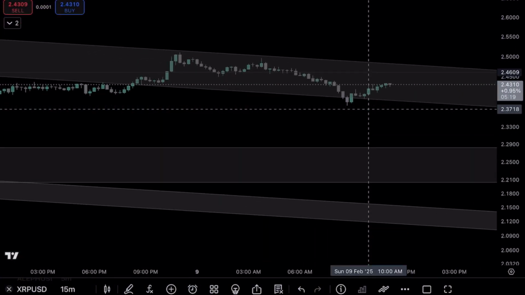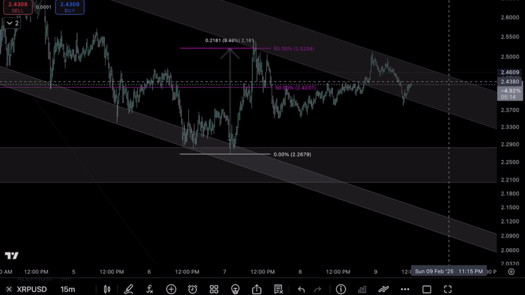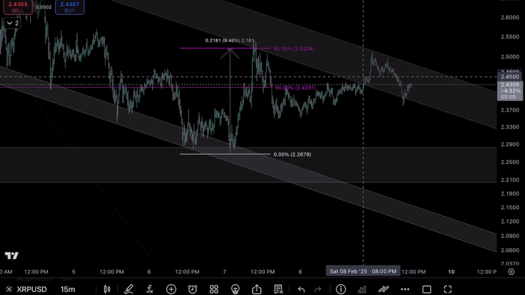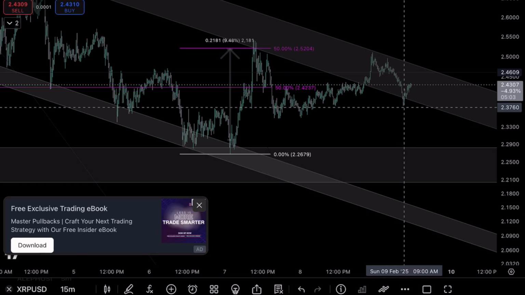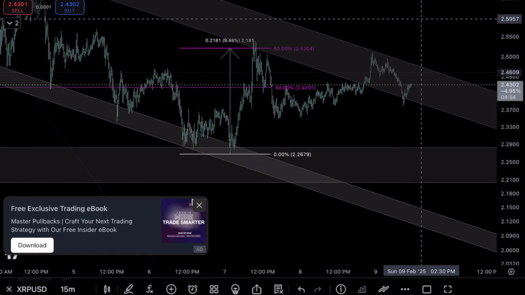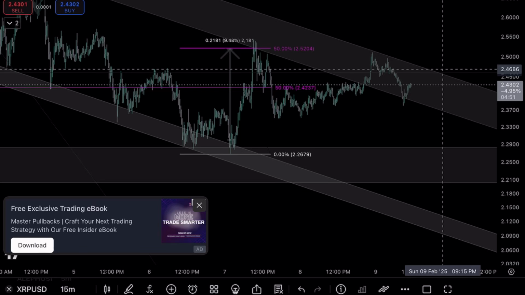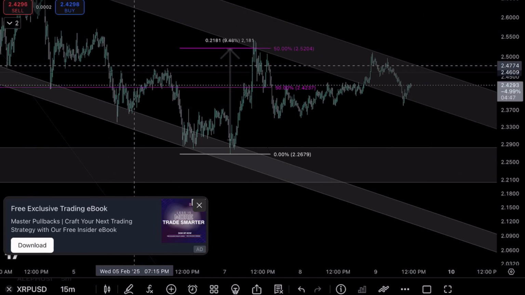So what I would be doing is putting an alert above here, maybe above this level right here, and below this bottom candle right here. And just see what happens with that. If it were to go up out of here, I always let it go out and then come back down, create a new support. If it were to create a new support, it'd probably be off of this rejection area,